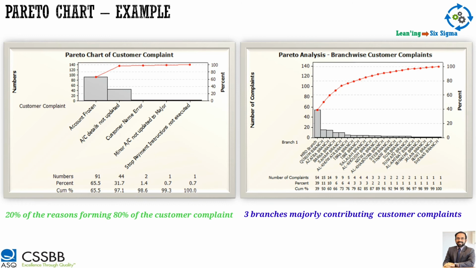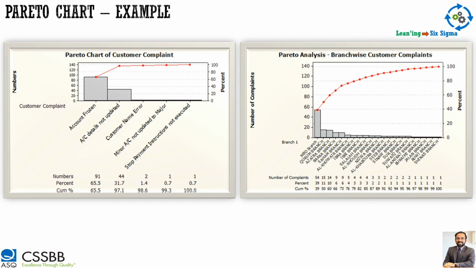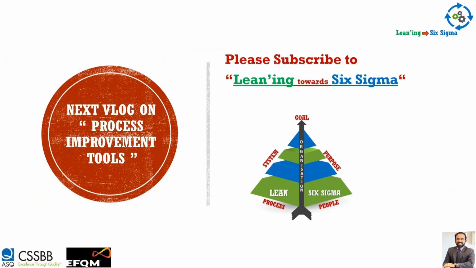The second Pareto is a beautiful one. Which branches are contributing the most? There are 15-16 branches here, but you can always see the first few branches, for example A, B, C. These are 3 branches where you get the most complaints. So I don't need to bother about the other branches at all. I can just pick 1, 2, 3, 4, for example, which means your project is done. It saves your energy, gives you focus, and gives you enormous benefit by tackling the vital few, which will remove a lot of issues. That's where the Pareto can be utilized.